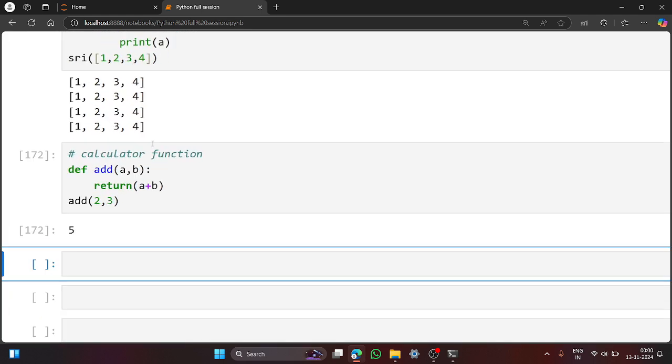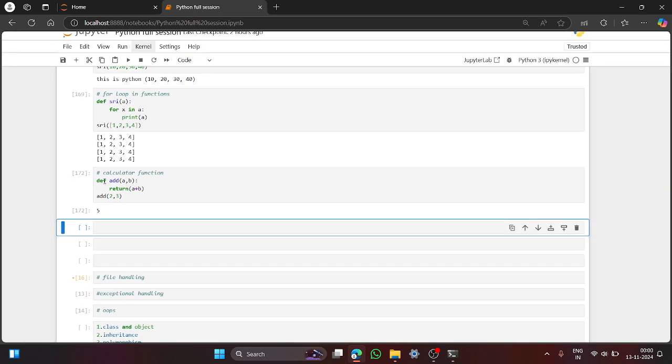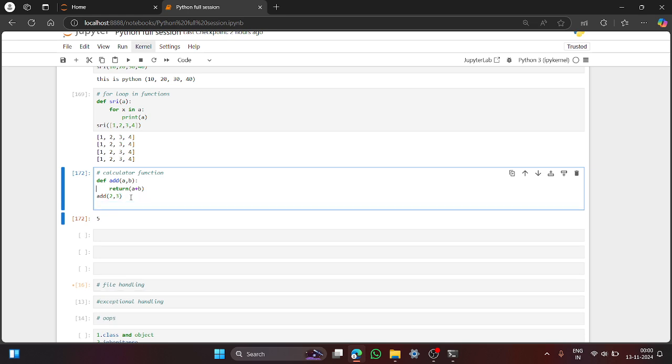See, a small mistake which I had written here, and I am again looking at the code. Def add of a comma b, return a plus b, add of 2 comma 3, and for the same thing, if you are going to give